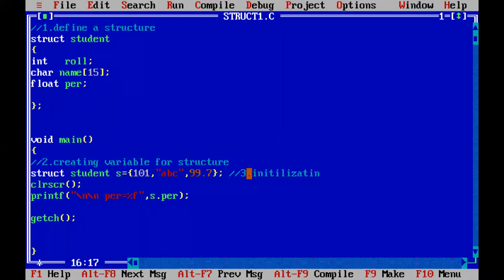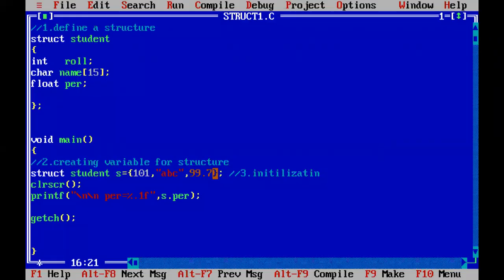So you write point after digits only. Like you can also write 0.2, you can write 0.1. And again if you write, press Control F9. So 99.7 is there. What you gave, 99.7 only, right? So 99.7 is displayed. Once again, I am going to execute the program. Control F9. So percentage equal to 99.7.